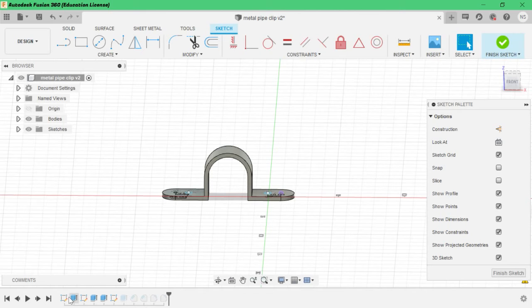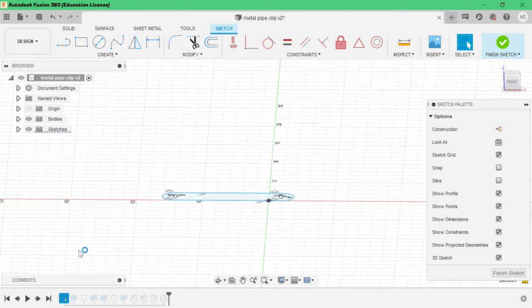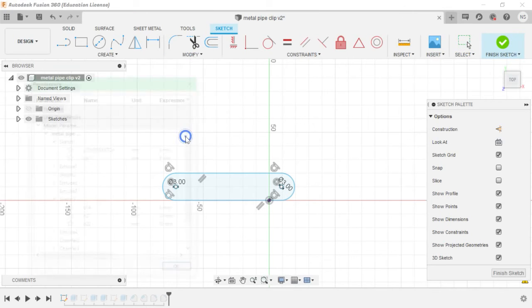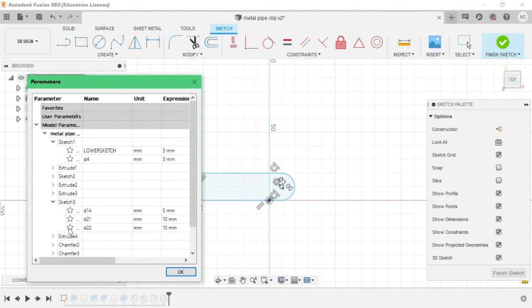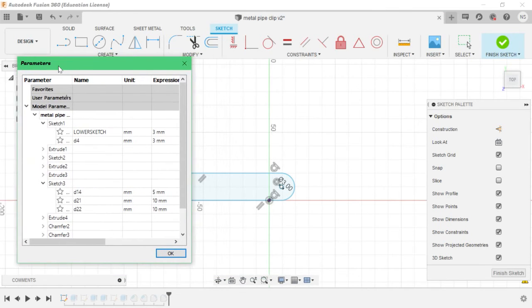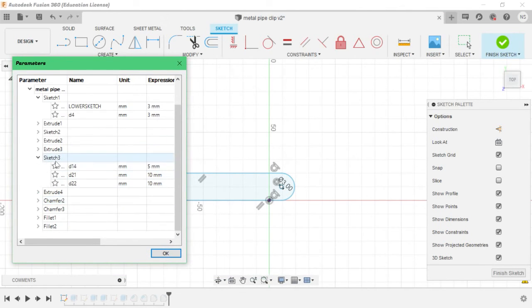Now we can understand. Go to our first sketch, edit sketch. Okay, here now we can understand. Now go to parameters, change parameters, and go to sketch 3. This is our first sketch.